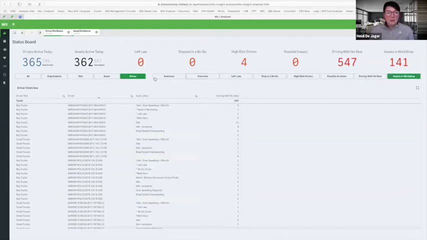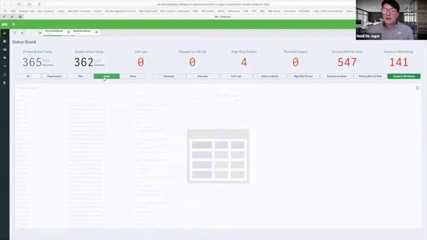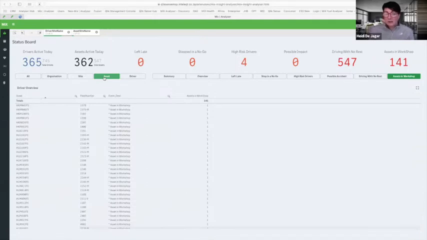Our assets in the workshop would be related to vehicles that have been in the workshop for longer than 12 hours. But with this event, it's completely configurable. I have set this account up to let me know if a vehicle has been in a workshop for more than 12 hours. You can define it and say, no, 12 hours might be too short a period of time for escalation. I want to know if it's been in the workshop for at least 72 hours, and it will show you